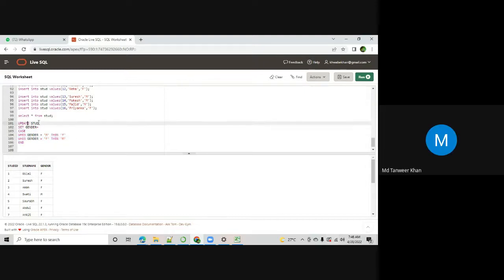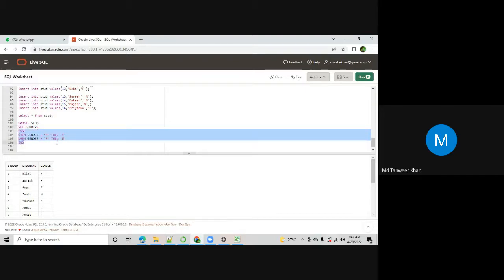So here you see this line is exactly the same, nothing new. Update student. I'm telling the SQL engine that I want to update this student table. So your SQL engine will search for this table in the entire database, and then you have to tell SQL which column you want to update. That's the syntax. Then I mentioned that I want to update the gender column, so I have written set gender, and after equals,